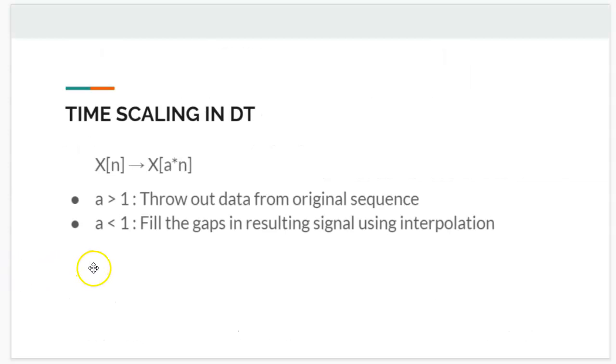So then we'll go to time scaling in discrete time. It's actually quite complicated here. It's not as straightforward as in continuous time. The key difference between these two is that the argument of a discrete time sequence should be an integer. That's the only catch. So let's say time shifting is basically the same in both continuous time and discrete time.